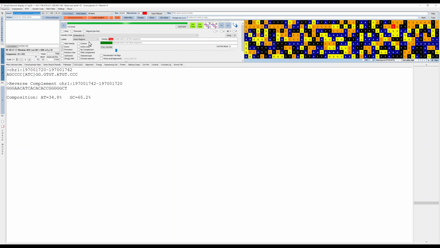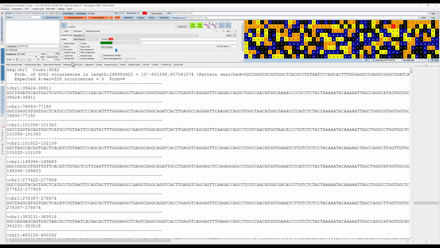It's almost finished. So now it says that it has found 6,062 occurrences in this length of the genome, and then it also gives you the probability of finding so many in this just by random chance.